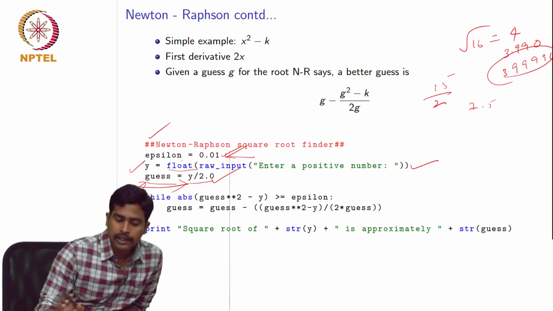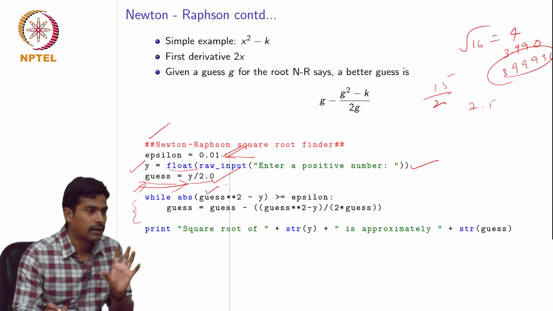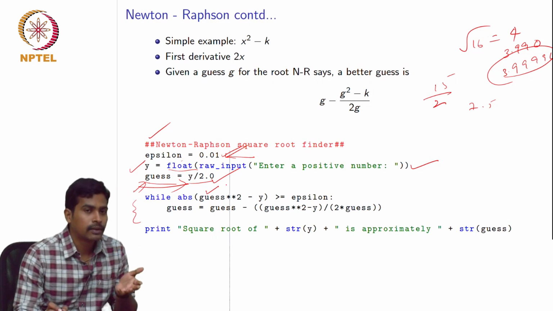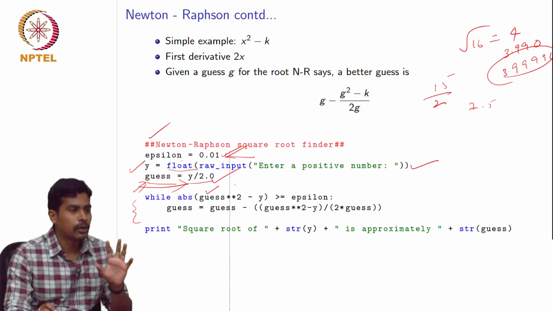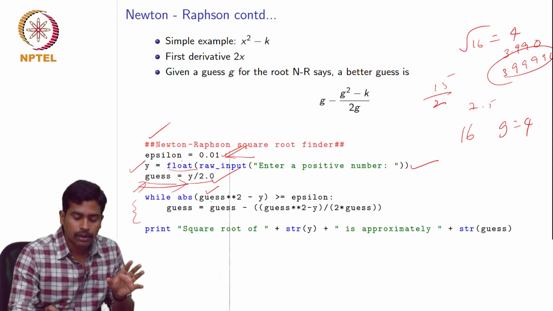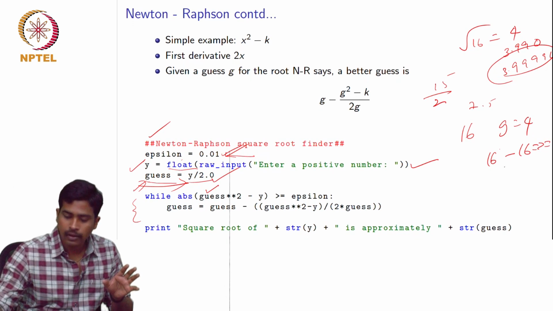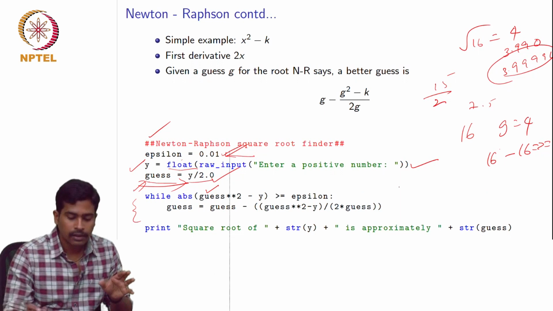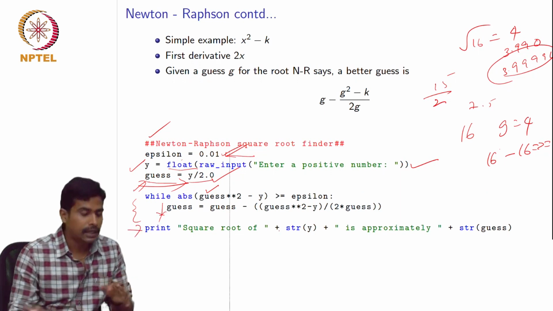Okay. So, in this while loop what is happening is, for example, if guess is our actual root. In this example, let us assume you actually guessed the solution right away. For example, if you want to find the square root of 16 and your guess is 4, then guess square, which is 4 square, minus the actual number 16 is not greater than or equal to your epsilon, and it won't execute this block of statements, and your result is already given.